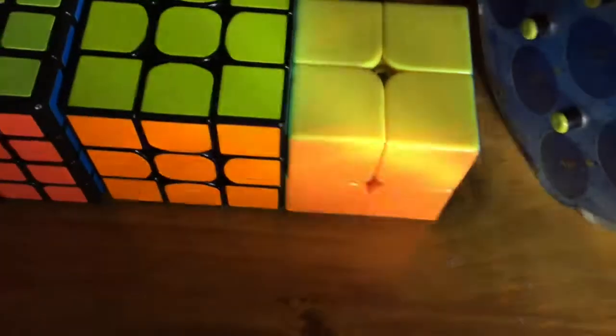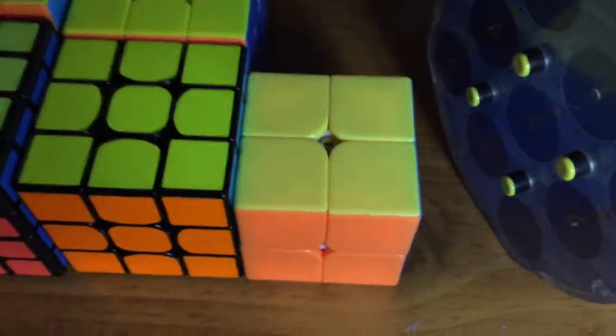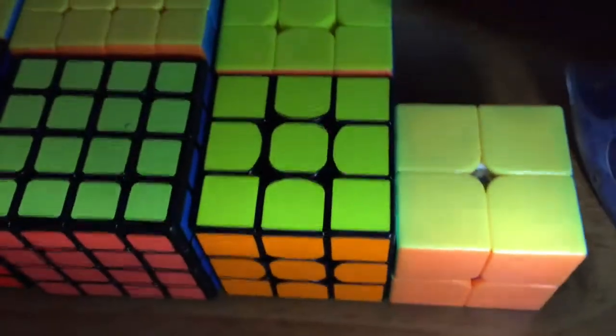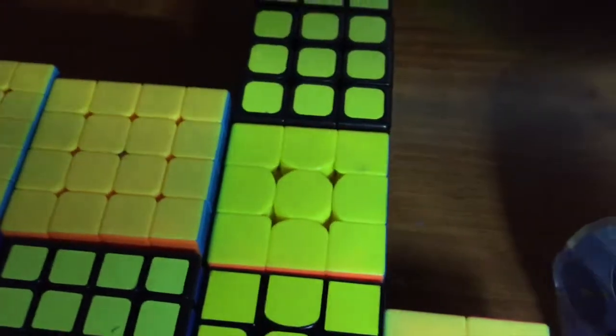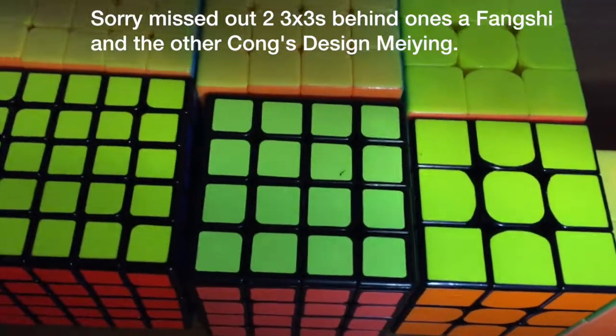This one here is a Moyu Lingpo stickerless 2x2, so that's really good. Then we have a Volt 3x3, a Chi Volt 3x3. This is my main, and the one behind it is my backup main, which is a Chi Thunderclap. I think it's V1 or V2, I don't really know. This one here is a